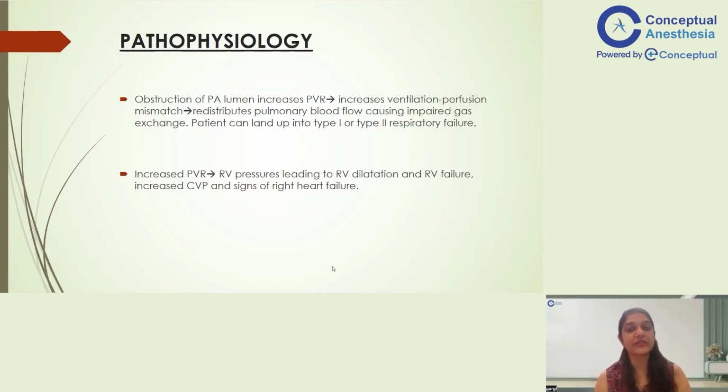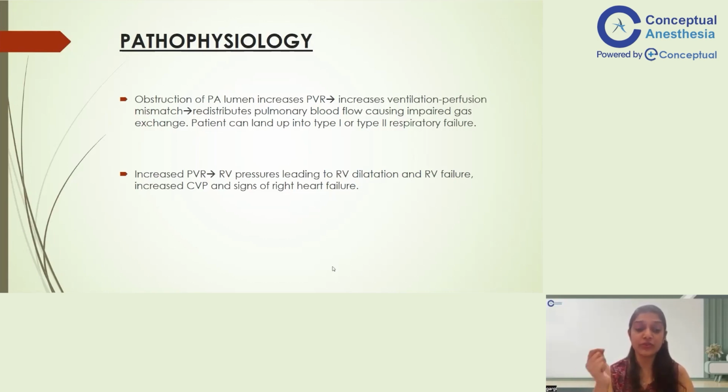So the patient can first land up into type 1 respiratory failure, and then can progress into type 2 respiratory failure. Type 1 respiratory failure is a decrease in the oxygen levels in the body, which causes hypoxemia. And then finally, when the patient's respiratory muscles go into fatigue, the patient stops. So the initial manifestation is the tachypnea, right? That is why the patient lands into type 1 respiratory failure, because the patient is so hyperventilating that the patient tends to exhale out the CO2.